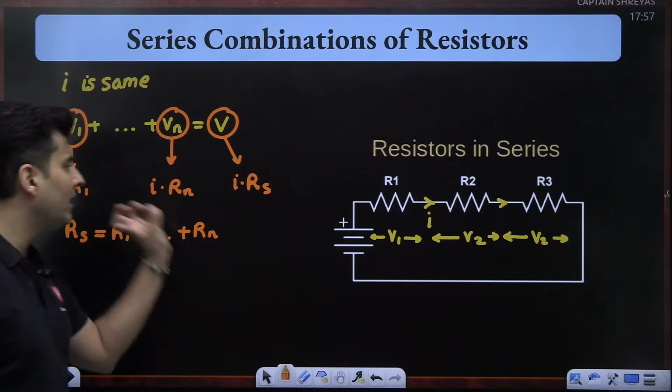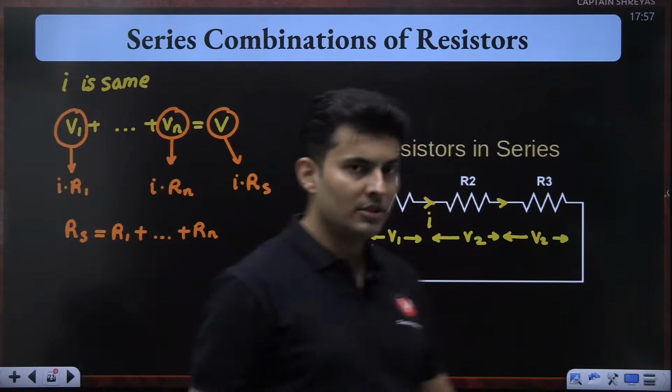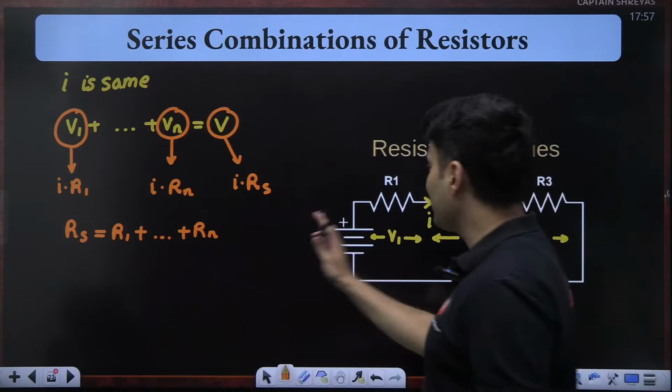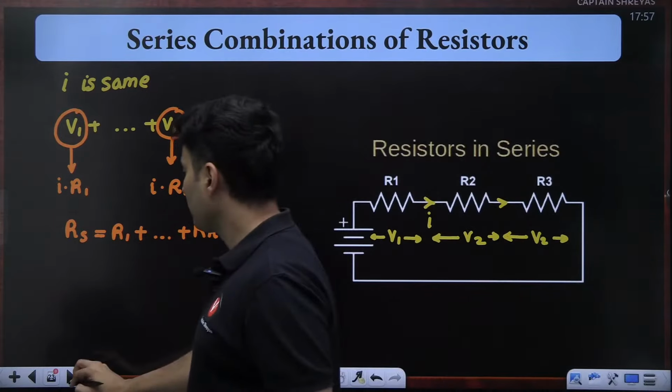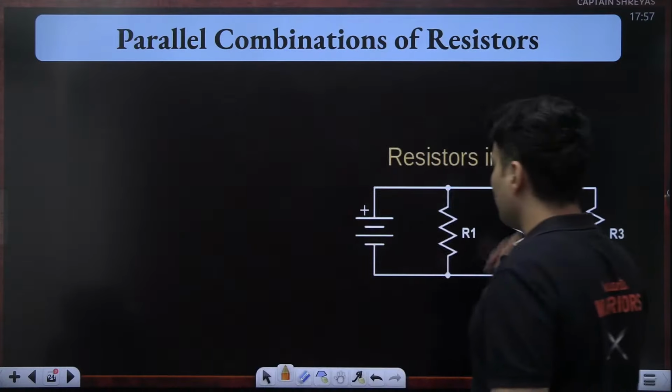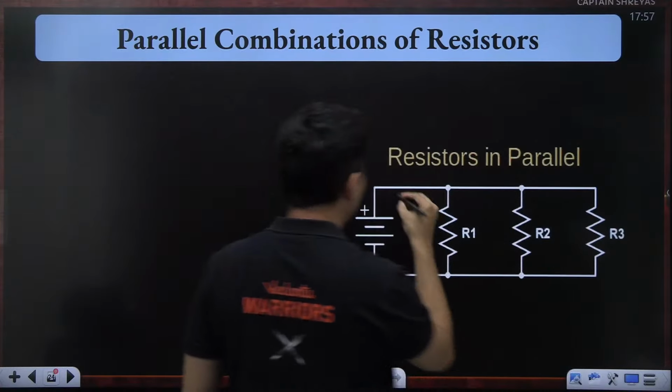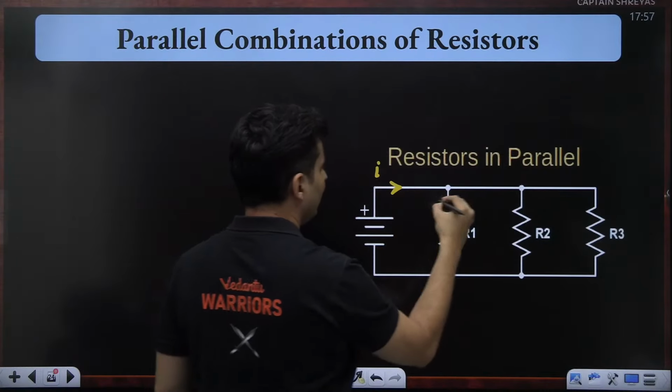In fact, it is more than each of the resistances. This is the basic concept when resistors are in series. But when you have resistors in parallel, then you will see that the total current, of course, will get divided